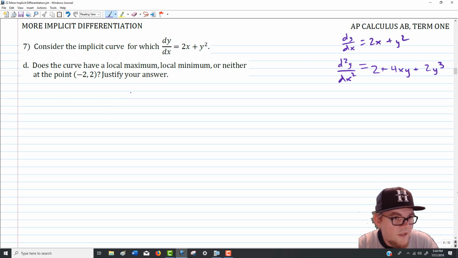Now question 7D asks us, does the curve have a local max, local min, or neither at the point -2, 2? You might find it suggestive that what we're going to do here involves the second derivative. The reason for that is, again, our inventory of things we know about this curve is very small. And you can't even use what we did on the previous problem, because that was in quadrant 1, but the